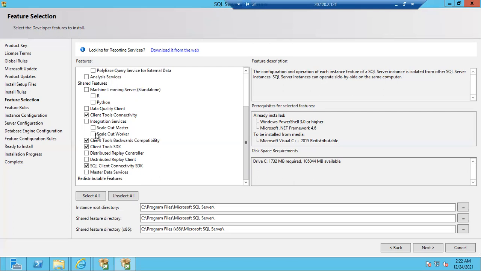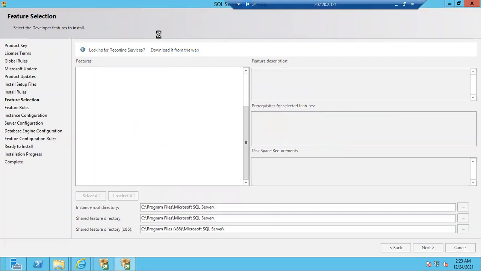Even though you can install 50 instances, if you are installing a second SQL Server instance, what is meant by instance? A copy of SQL Server. One SQL Server software copy is called one instance. Like that we can install 50 instances. Next time, if you are installing a second instance, no need to choose these shared features, as the shared features were already installed during the first installation. Okay, and these are the components we have selected. You can go to next.